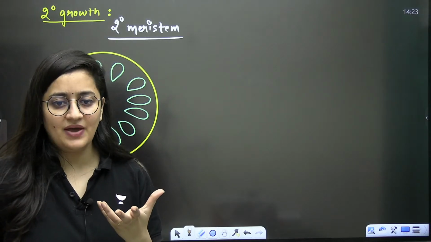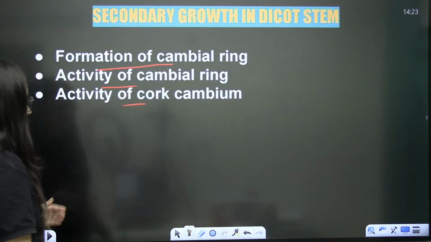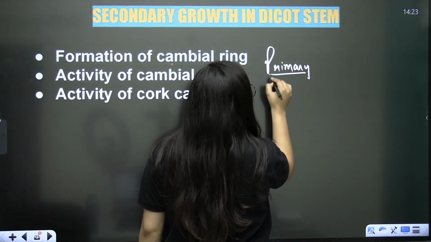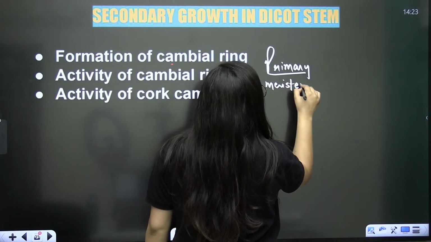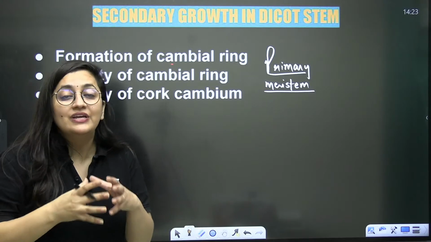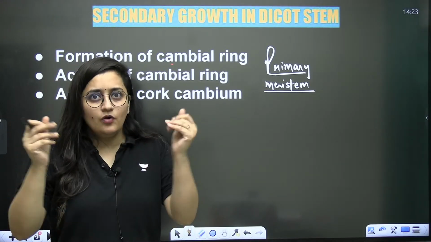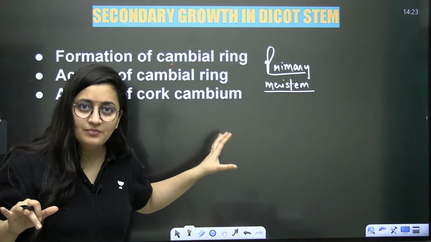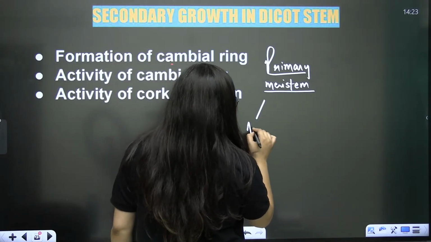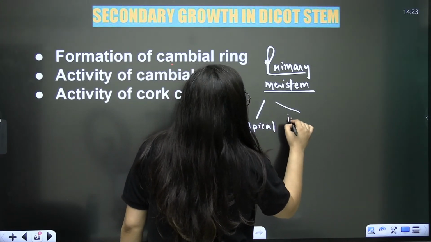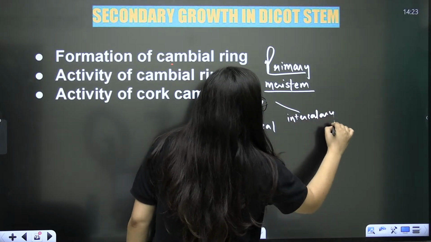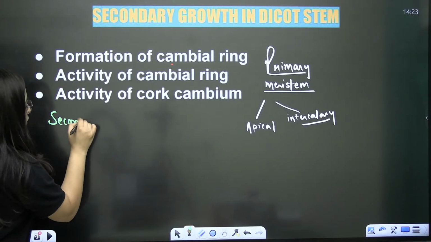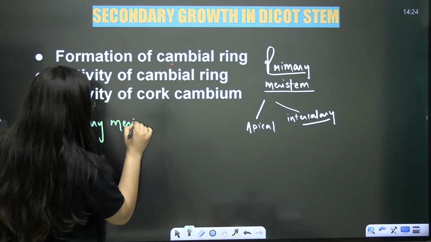Now, what is the secondary meristem? We have discussed it before. The primary meristem is the one which forms during the embryonic growth, and during the primary growth of the plant. It helps in elongation, in increasing the length of the plant. That's what we know about the primary meristem, right? In the primary meristem, we have the example of apical meristem and intercalary meristem. We have already covered this part. Now, when you talk about the secondary meristem, it is secondary in origin. What is the meaning of being secondary in origin?